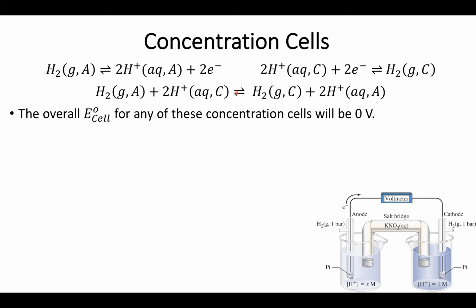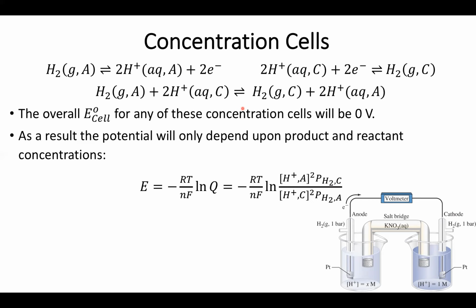One of the fun bits about this reaction is that the standard state cell potential for this reaction, and really any of these concentration cells, will be 0 volts, because no matter what my reduction potential is for this reaction, it will be cathode minus anode. And if they're the same number, our cell potential will always be 0. As a result, it turns out the potential only depends upon this Q, this ratio of products to reactant